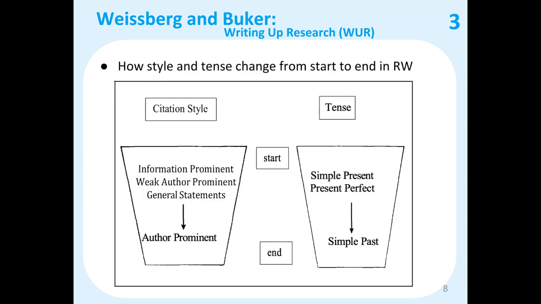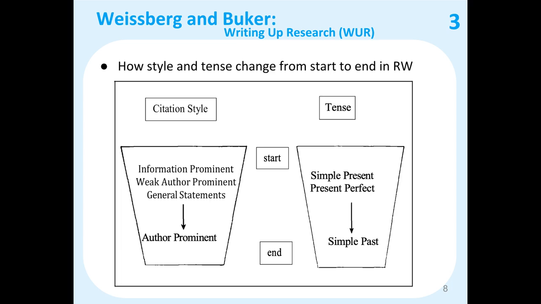Okay, let's connect all these ideas. A literature review typically follows this funnel model. You start broad and then get specific. This means you strategically shift both your citation style and your verb tense. At the start of the funnel, when you're establishing the general research territory, you'll use information-prominent or weak author-prominent styles. Then, as you move to the narrow end of the funnel to discuss specific, closely related studies, you switch to the strong author-prominent style. Notice the tenses that correspond to this stage. The present perfect is perfect for giving an overview of the field, while the present simple is used for accepted